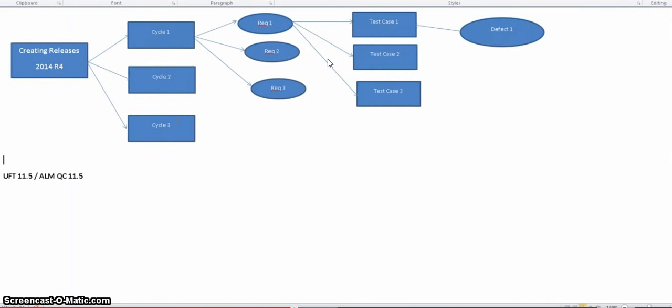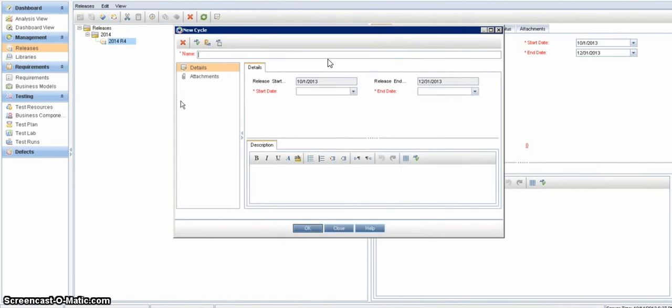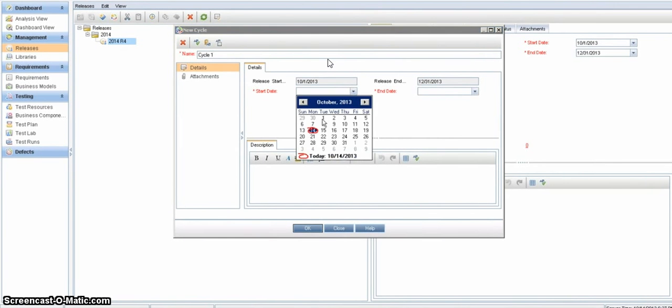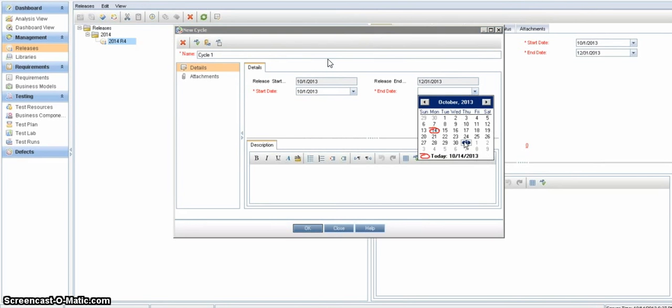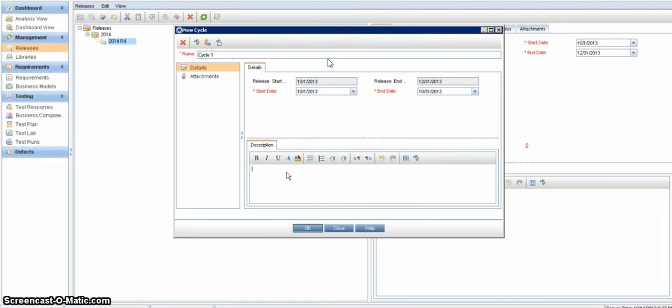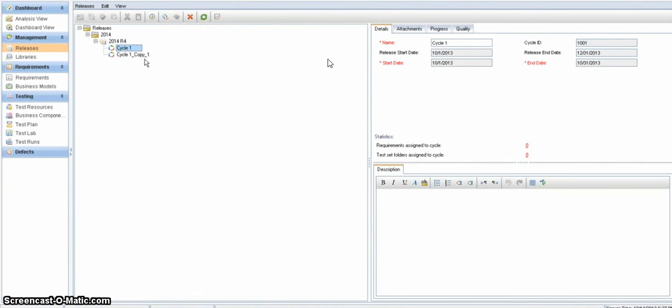So this is back to the flow chart which we are talking about. Now in this you will click on new cycle. So you can create a new cycle, say cycle 1, and then you will give cycle 1 a start and an end date. Say a month's time is what we are planning to give, October is what you are trying to give, and say OK. So within release 2014 R4 you have a cycle 1,